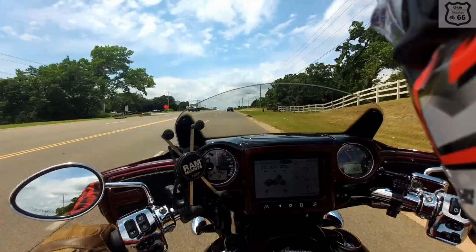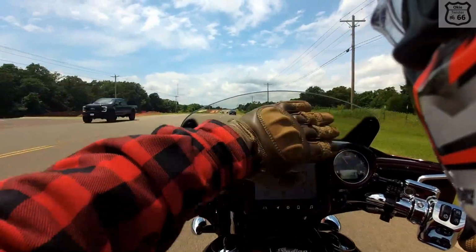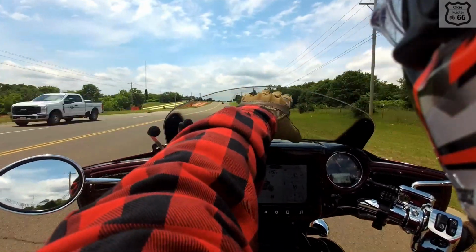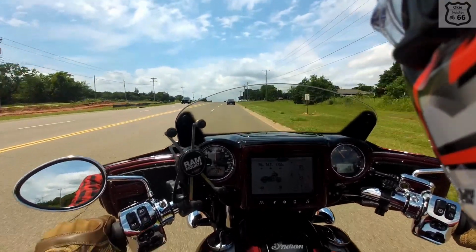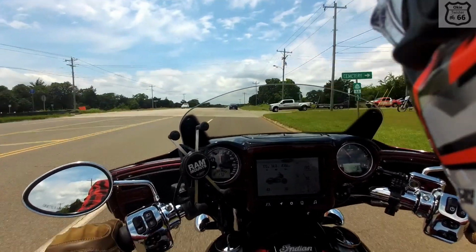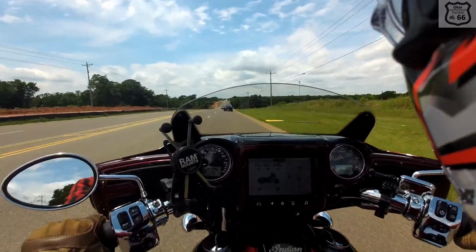Anyway, I've seen these Clockworks and Freedom shields that have this curved lip across the top of the windshield, and I'm considering one of those. I'm just not sure what height I should look at getting. So if anybody has any recommendations for somebody that's 5'7",